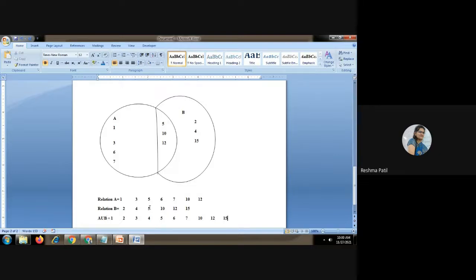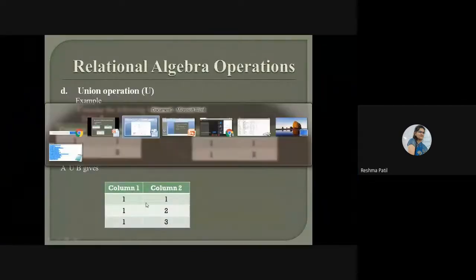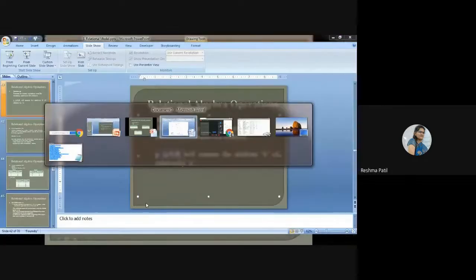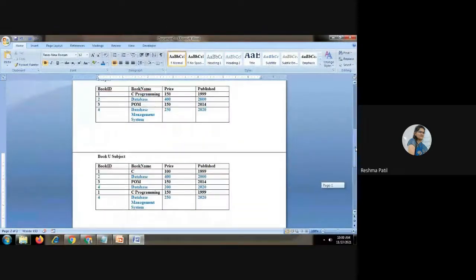Same logic we are applying here on tables. So here instead of single values, we are going to show the whole record of the table. For that record, we are going to check the uniqueness, whether it is unique or not. If it is unique, we are going to show it here in the final result. If it is not unique, both tables are going to contain the same type of value. We will show that value here only one time.